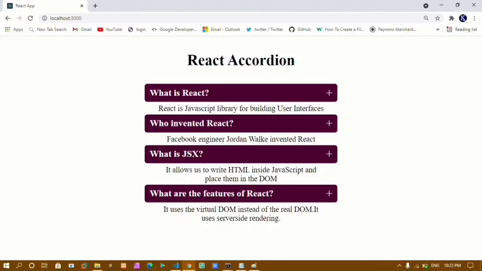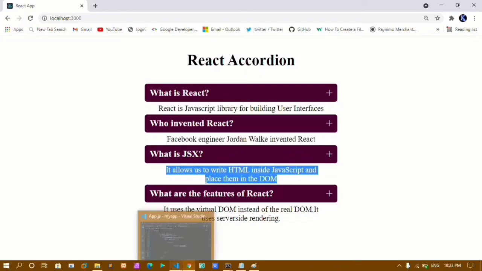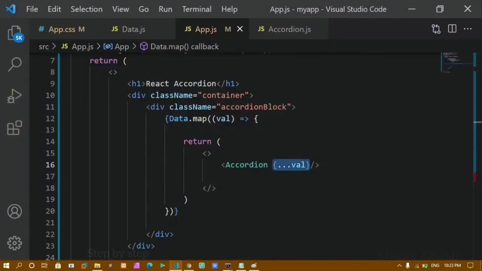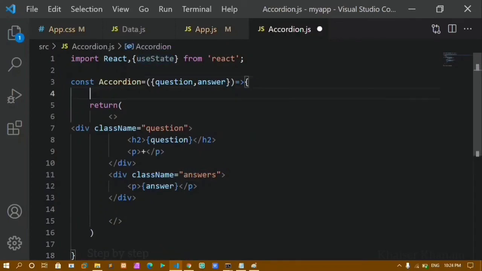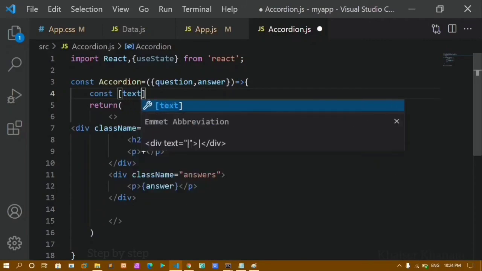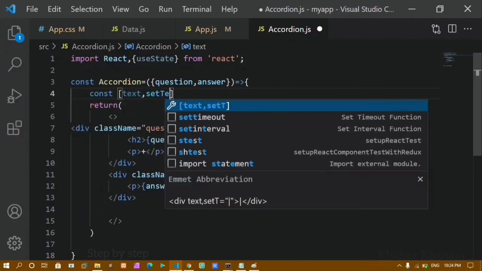Now here I'll be changing this icon, and also whenever I click on this, it should get hidden. So for that we are going to write the code now. First I'll write it should be hidden now. It should not be displayed now, it should be hidden. So for that I'm changing the state. I'll be creating a state variable here. You can see I have already imported useState. Here I'll write const, and inside this I'll give text, and set text.